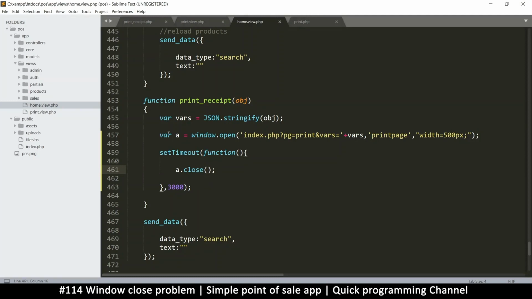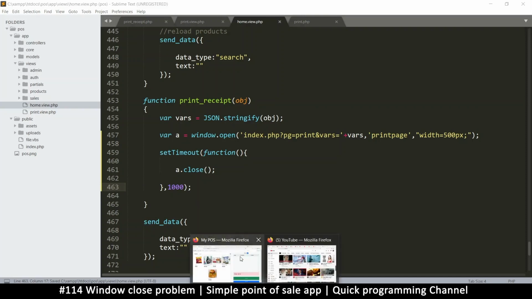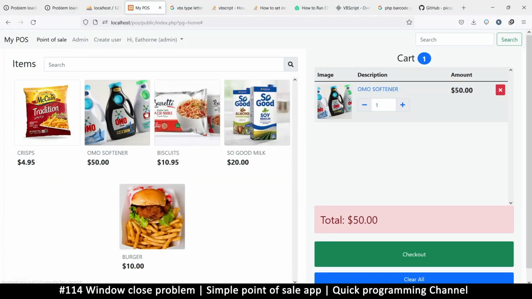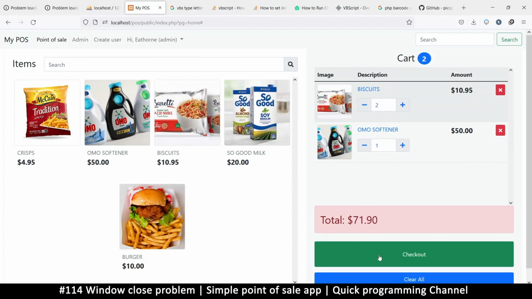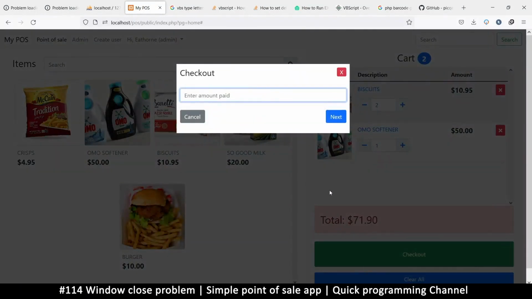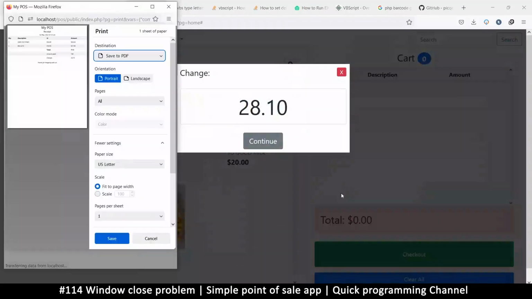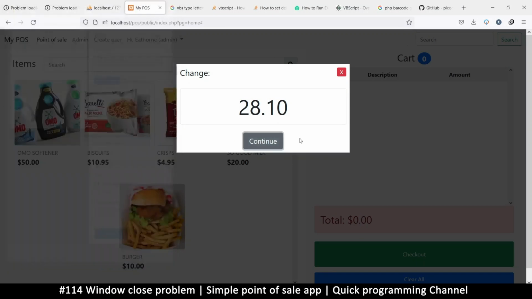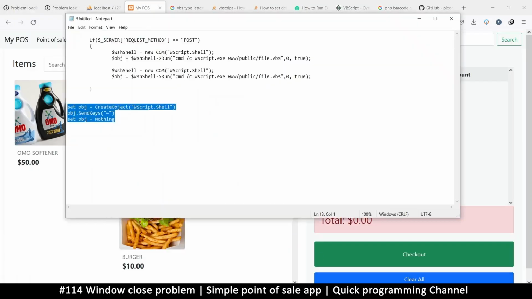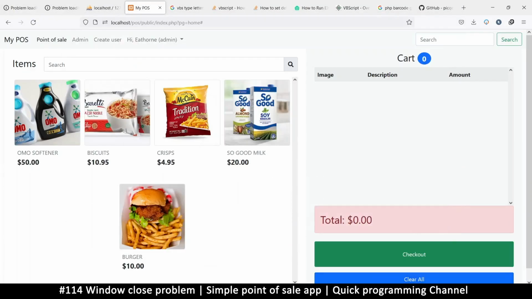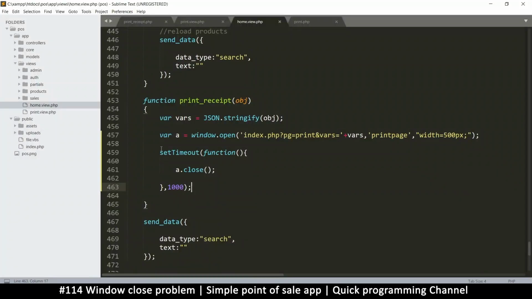setTimeout. This should work. Why isn't it working? Let's try 1 second. But we won't worry about this too much, because whether this works or not. Okay, still it doesn't close. You know, they keep changing these standards over time, and it's weird, but it's fine, so not a problem. We'll leave the code there in case there's